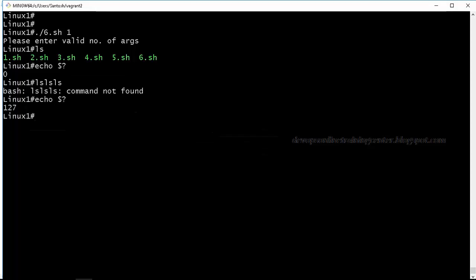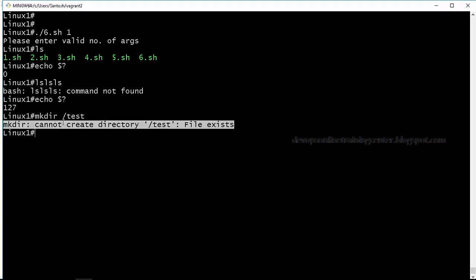So in that case, maybe we want to validate whether the command is successful or not. How do we validate? We validate based on this return code. Let us say I created a directory test: cannot create a directory, file exists. If I execute manually, I can find out based on the error message that this command is not successful.